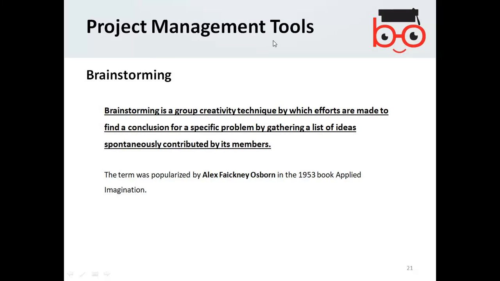We are talking about project management tools. Brainstorming is one kind of project management tool. It is a group activity technique by which efforts are made to find a conclusion for a specific problem. So if you want to manage a project within your group, you try to get a brainstorming.